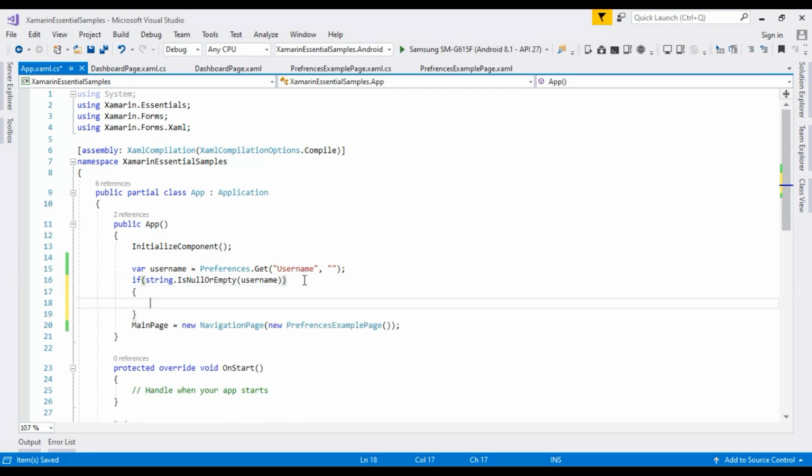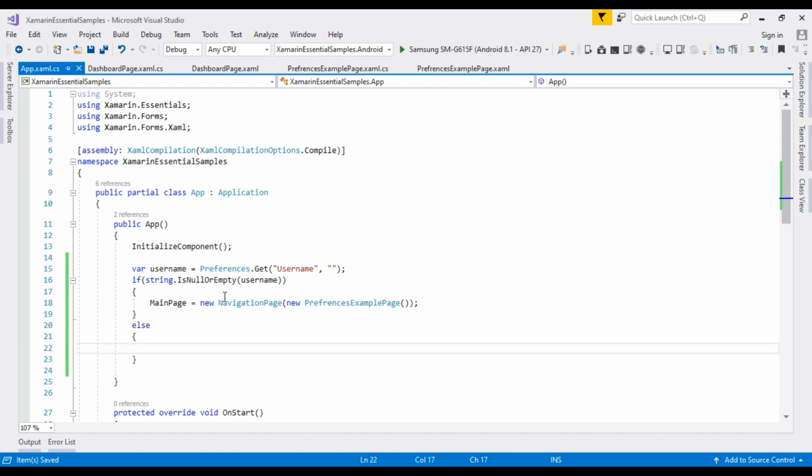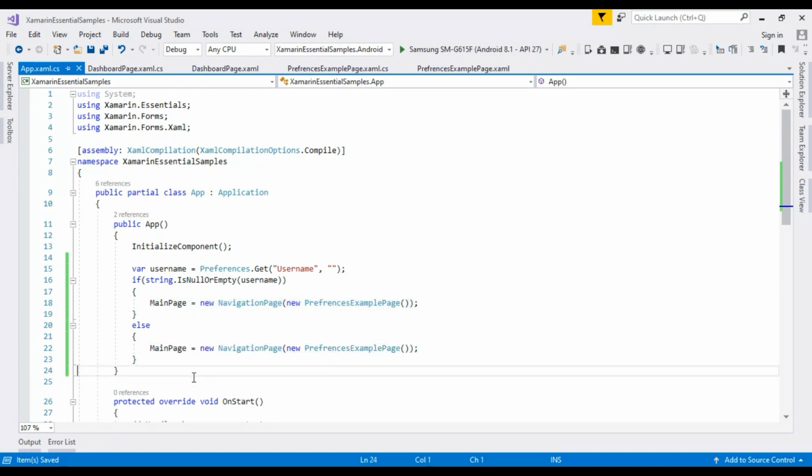If the username is null or empty, that means the user is not logged in. So we have to open the preferences sample page, that means the login page. Else, that means the username has data, so we have to open the dashboard page directly.